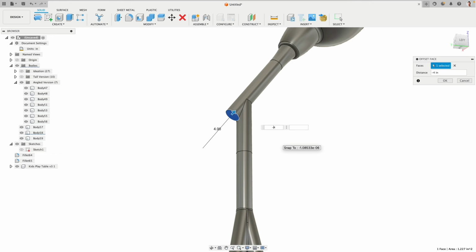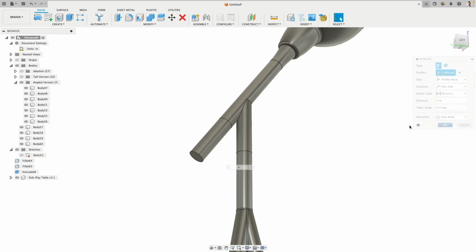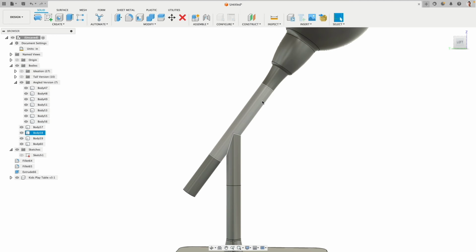-4, that is too far. -3, okay, very good. And then we extrude, let's say, 4 out. That's for the wood piece. And here,